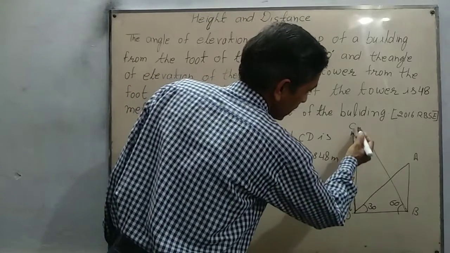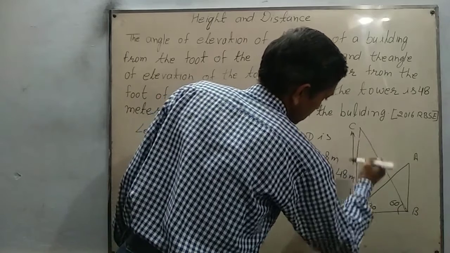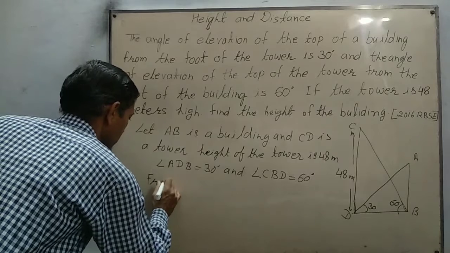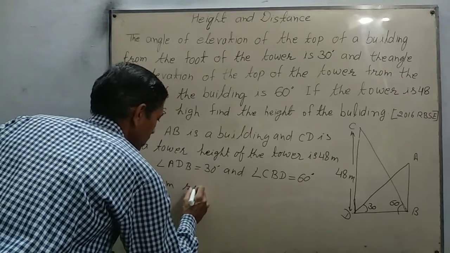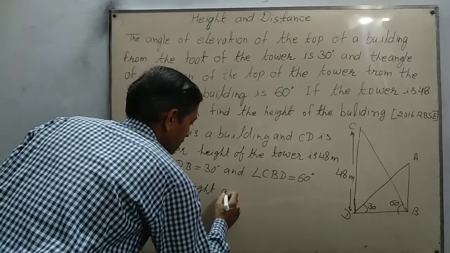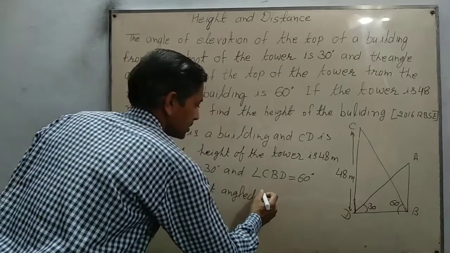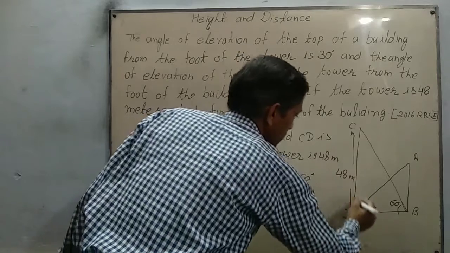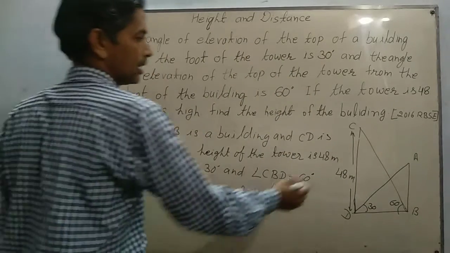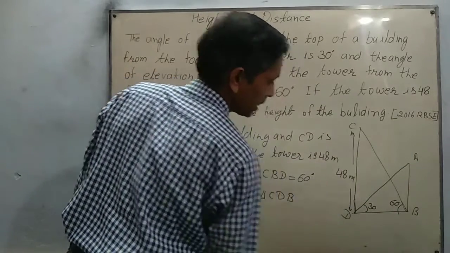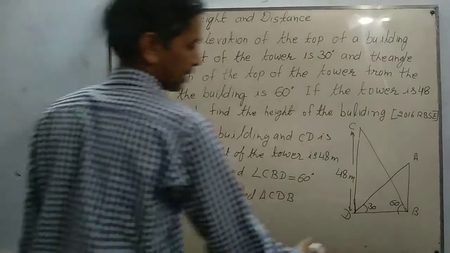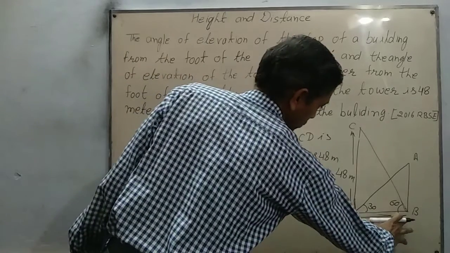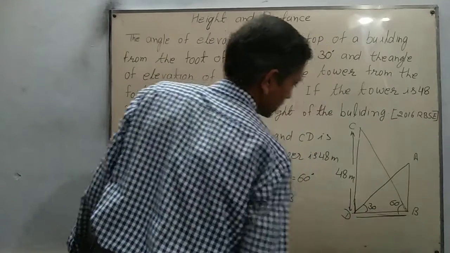From right angle triangle CDB, जो राइट एंगल ट्रायंगल वो ले रहे हैं जिसमें टावर की जो ऊंचाई है वो 48 मीटर दे रखी है और ये BD इन दोनों बिल्डिंग और टावर के बीच की डिस्टेंस दे रखी है।